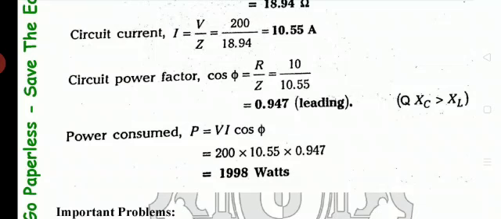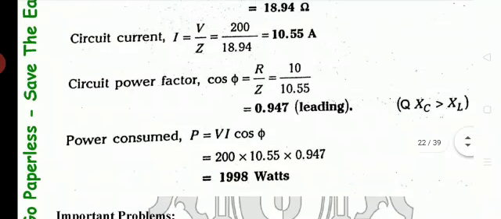In RL series circuit we consider impedance as square root of R square plus XL square, and similarly for the combination circuits, that is RL, RC, RLC. For all these circuits we consider impedance. Okay, so since it is an RLC circuit, impedance will be square root of R square plus (XL minus XC) whole square.